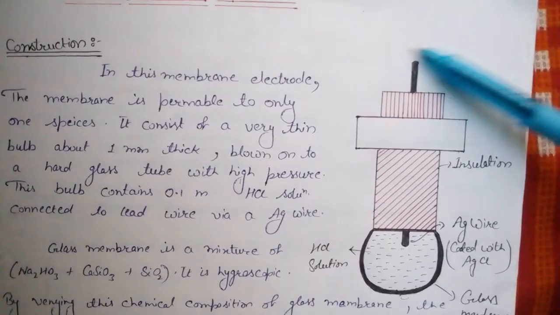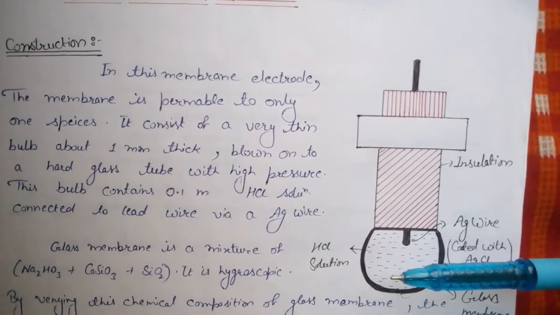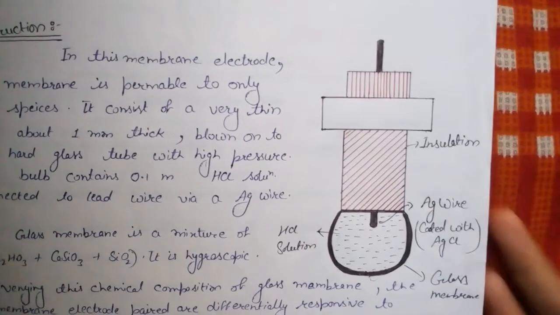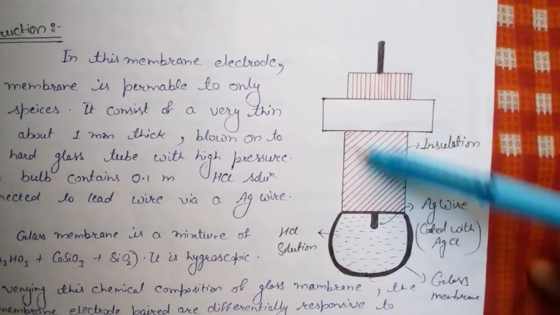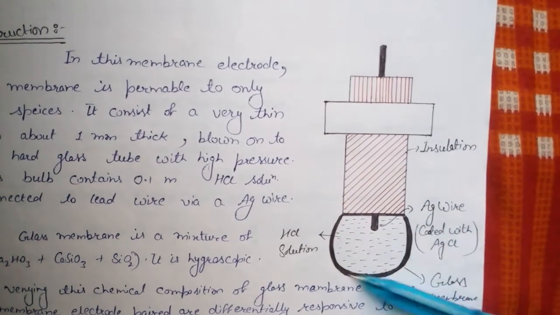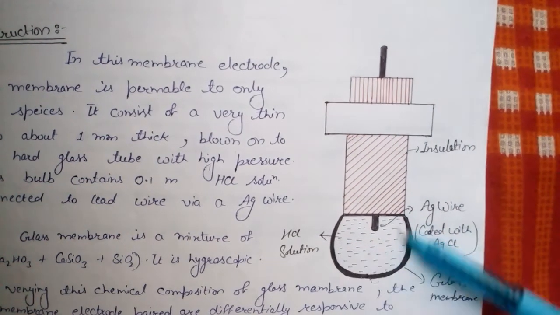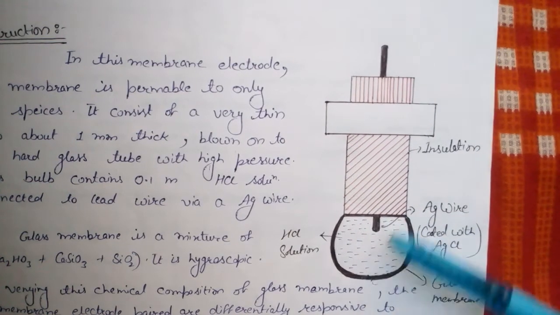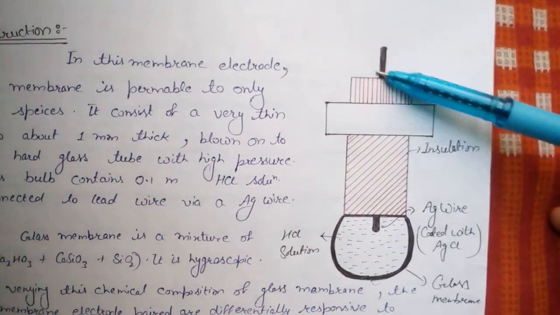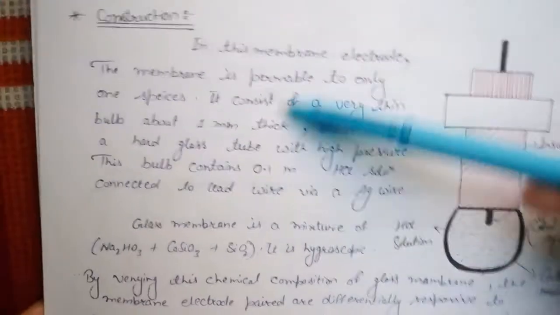It is the diagram of it, which is most important, because without a diagram it's impossible to explain about the electrode. So firstly, just observe the electrode. Here is an insulation coverage. This is our silver wire. This is our thick glass membrane, right? Silver wire is coated with silver chloride. In this glass membrane, or you can say this bowl type container, contains HCl solution, and here is also our wire, right? Now we will discuss about it completely here.